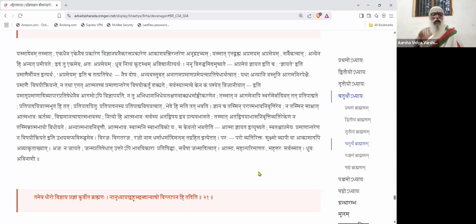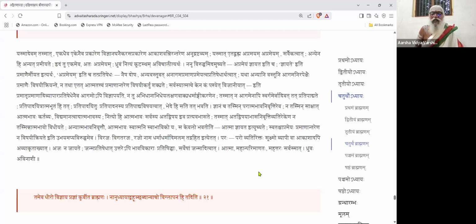Further, what? Virajaha, Vigata Rajaha, Rajaha Nama, Dharma Dharmadi Malam, Tadrahitaha Ityetate. So, Rajaha, without any Rajas. Here, Rajaha means what? Bhashyakara says, Dharma, Adharmadi Malam. Dharma and Adharma means Papa and Punya, Karma. So, it is not subjected to any Papa Punya. The Atma is Asanga. It is not a Karta Bhukta. Therefore, it cannot have any Papa Punya. It is always pure, Shuddha. It's not like it became tainted and became pure again. It is always of the same nature alone. It is untaintable and always pure. That kind of an Atma, Vigata Rajaha,